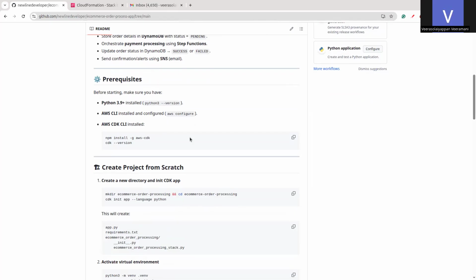And then for AWS CDK, what are the prerequisites we need? So,